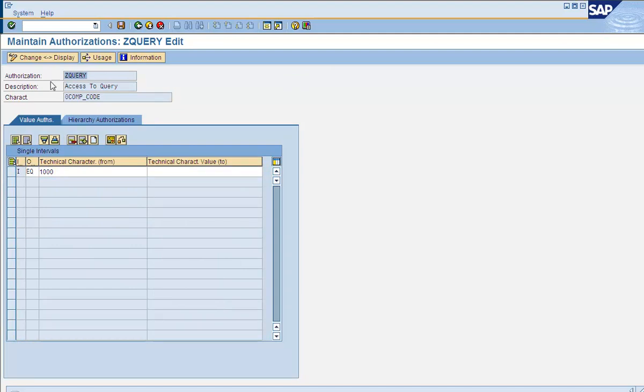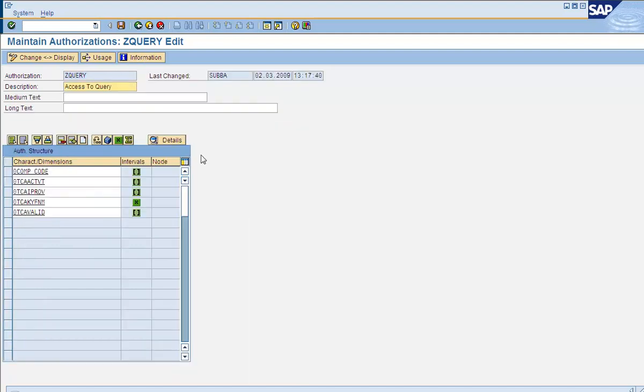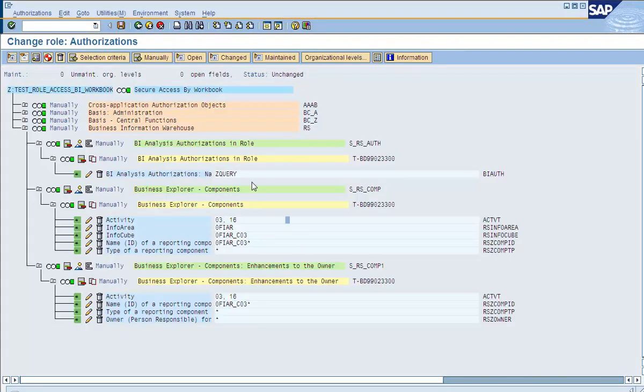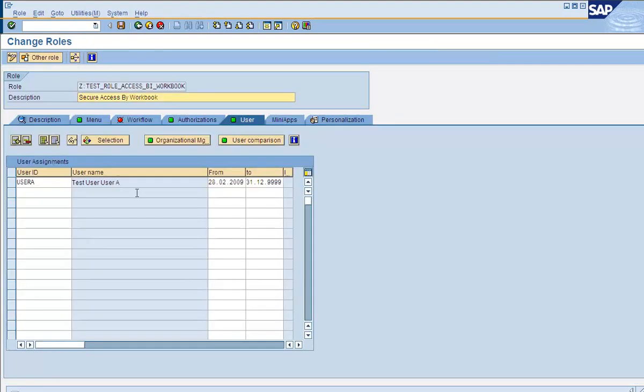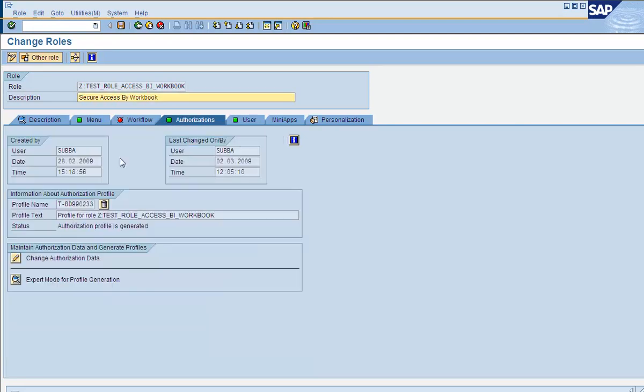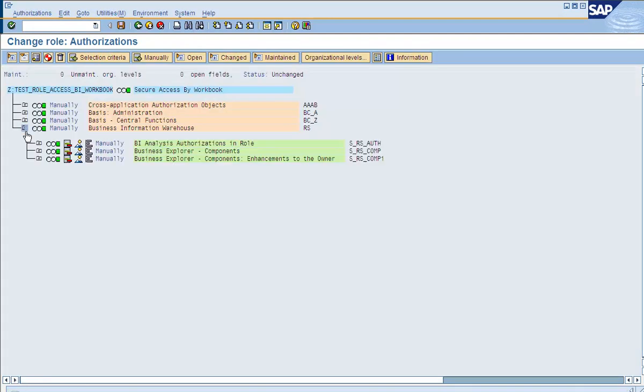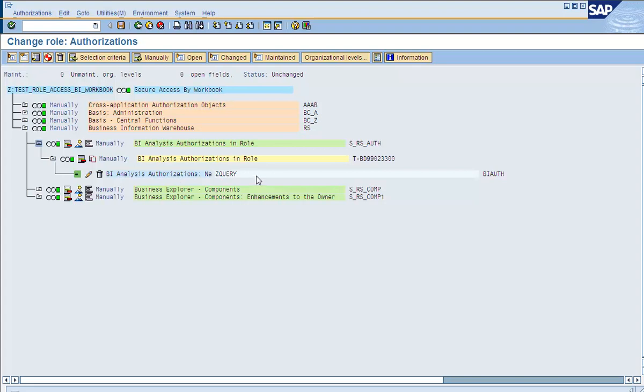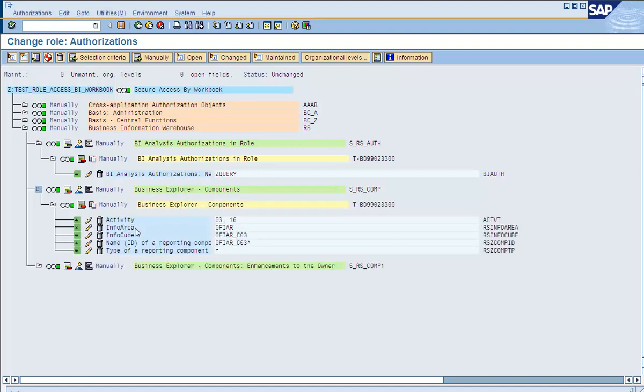Now the analysis authorization Z query is assigned to user A through a role. So this is the role which user A has. The analysis authorization is assigned to user A through this object S_RS_AUTH. But the actual query execution authorizations come from these two objects. So the user is authorized to execute this query.